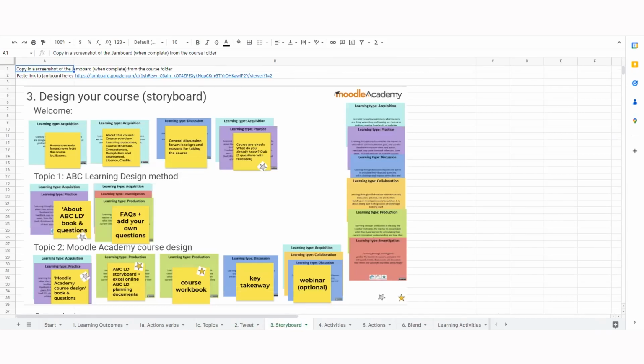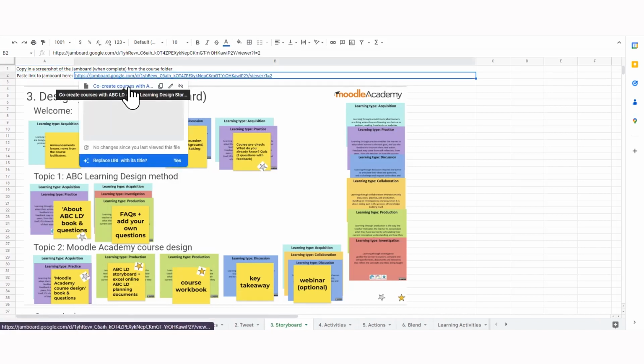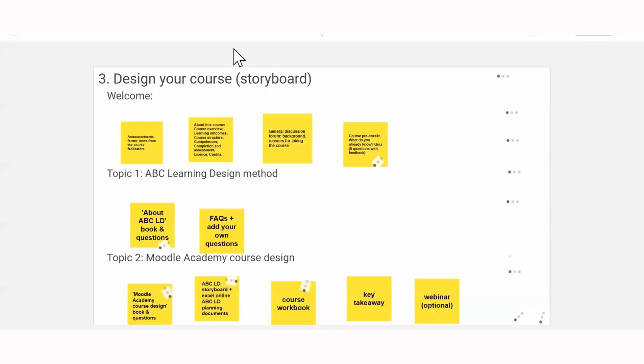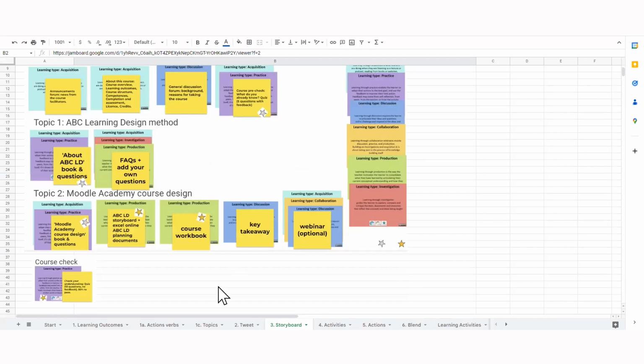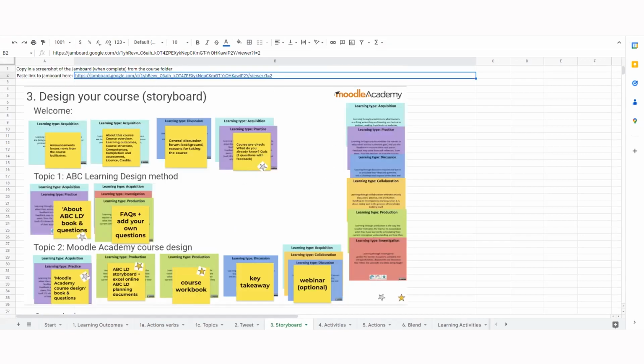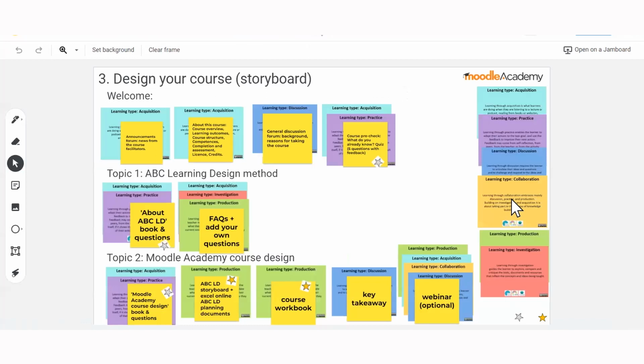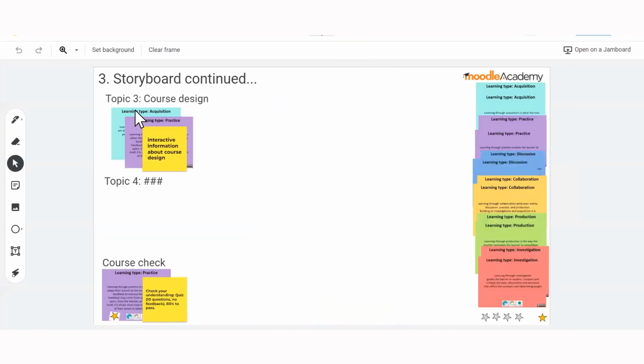And now we come to the storyboard. So we go to the next tab, tab 3, storyboard, but then what we do is we launch it from the link that's in this tab. And once we've created it, we paste the screenshots back in here. So you can see that I've done that already. And I just wanted to go through this step quickly with you to show you how you would use this. So I'm just going to go to the next tab where I have, this is actually a test that I just did.